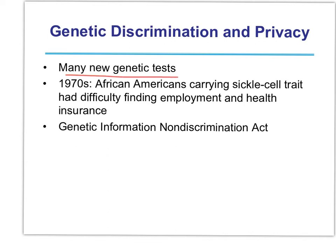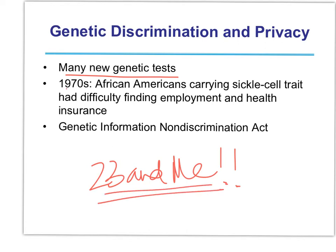You can get genetic tests done now, like 23andMe. People worried about discrimination, and that did happen for people who carried the sickle cell trait, so they were heterozygous for sickle cell anemia. They had trouble finding health insurance. They said that was a pre-existing condition, which sucks. You can't help that. That's not fair, and nobody would know if you're just a carrier, right,